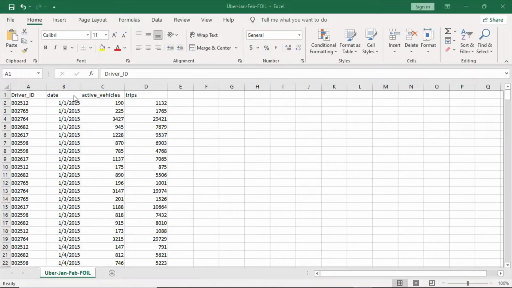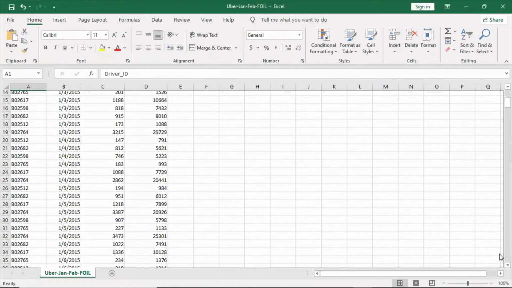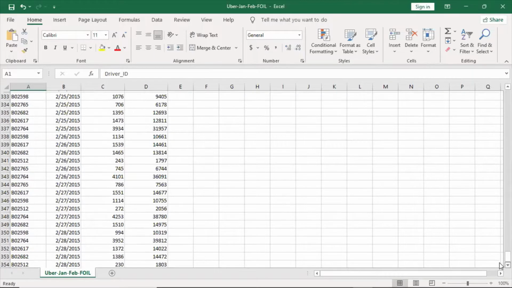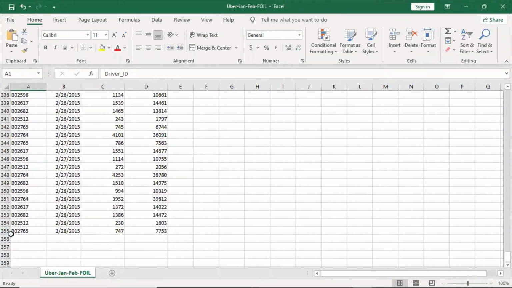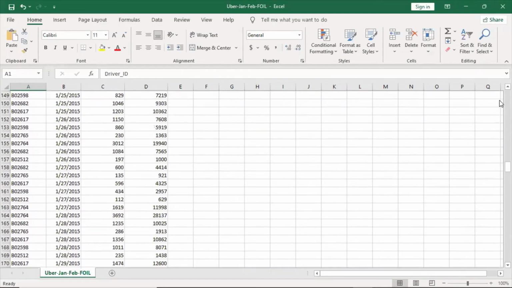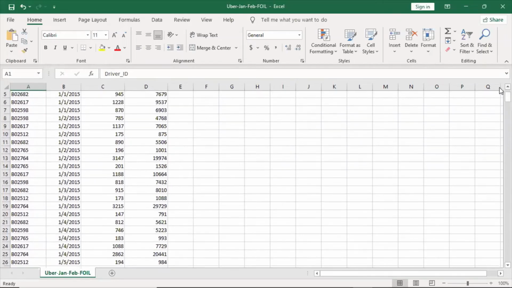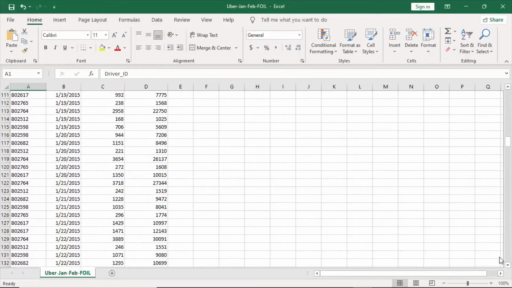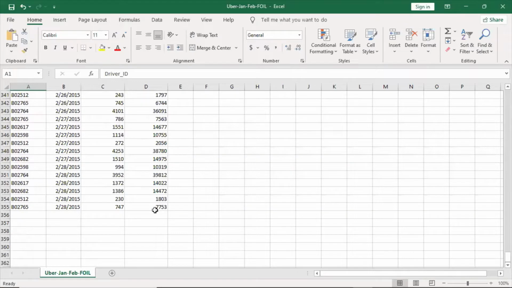Let's see the last row. It is around 353, and the last cell number is 355, which means the total data is 354 rows, because one row is the header. The first one is your header, and the last cell is 355 where you have data. So in total you have 354 rows and 4 columns.